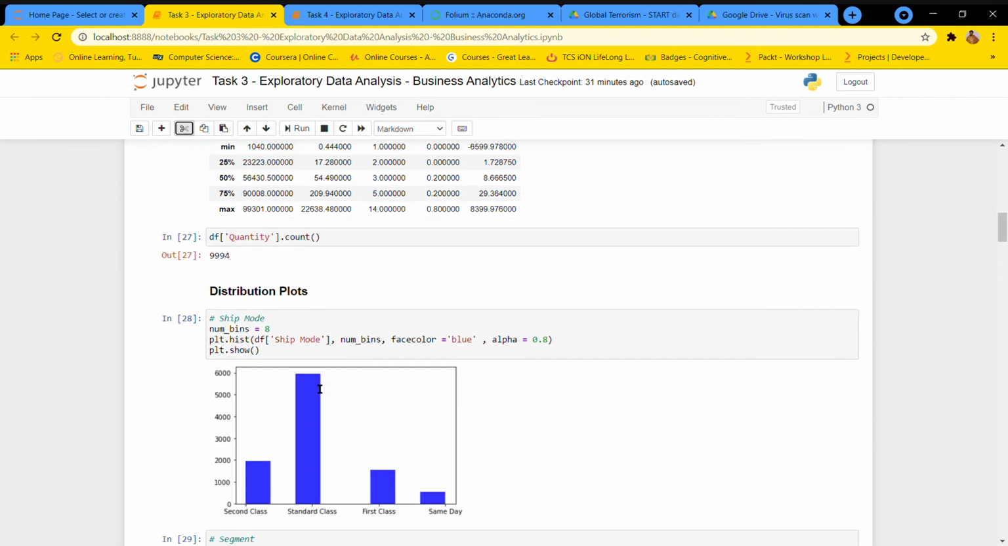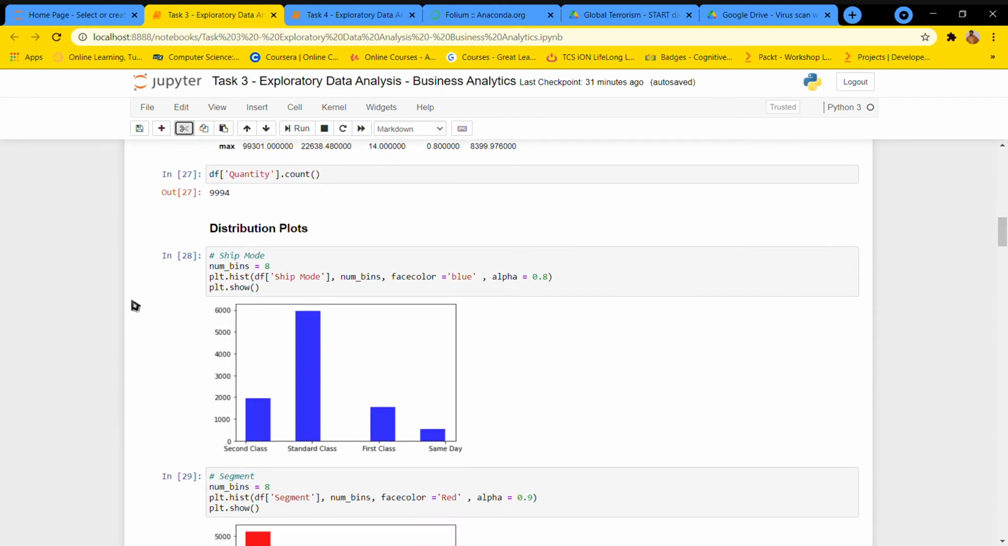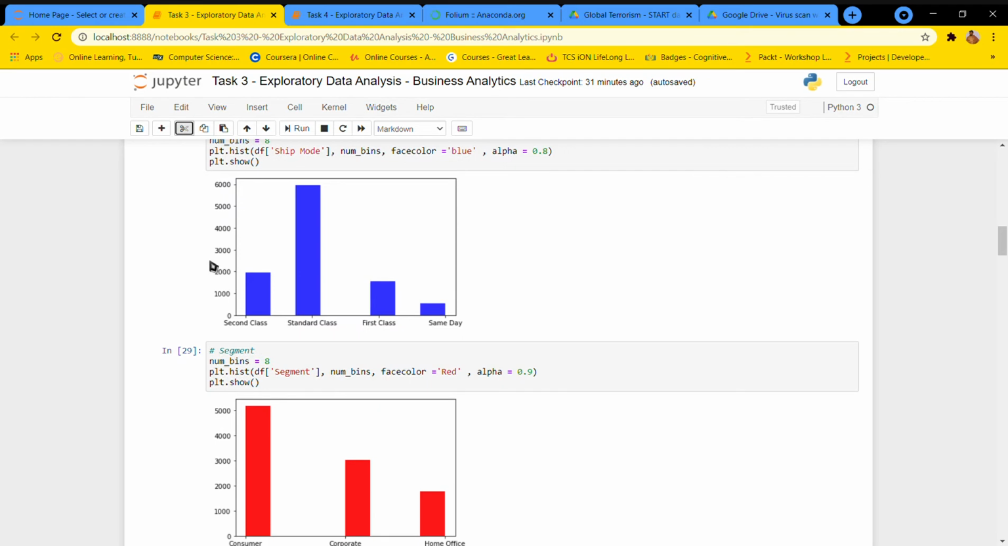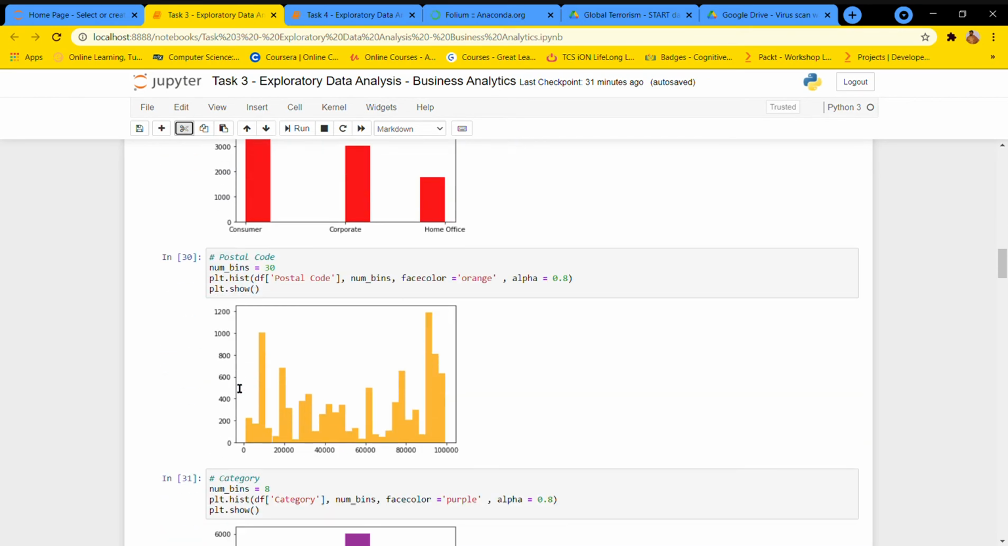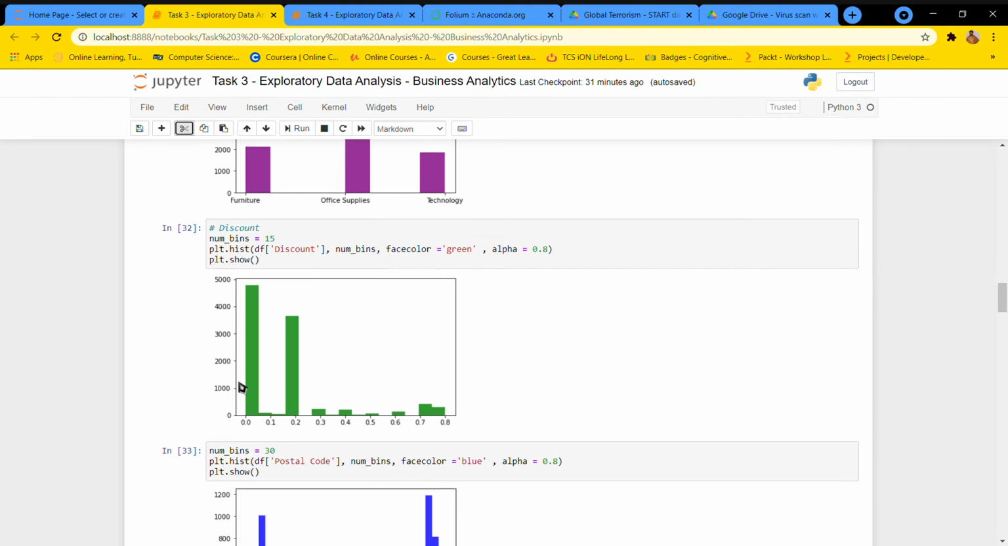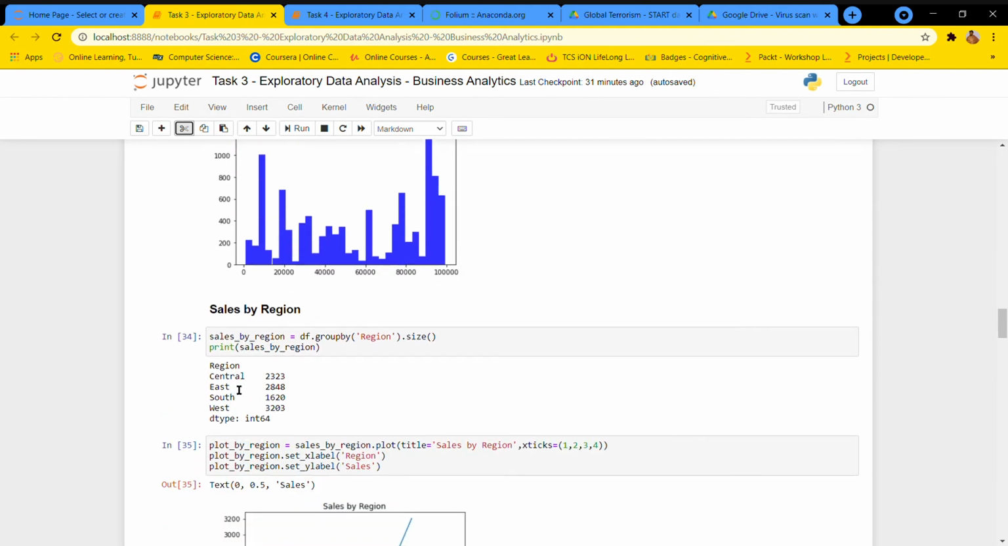Then I started plotting graphs, basically distribution plots of each column in the given dataset, which are ship mode, segment, postal code, category, discount, and numbers. Then I started plotting graphs